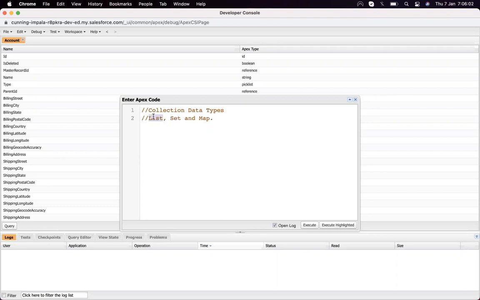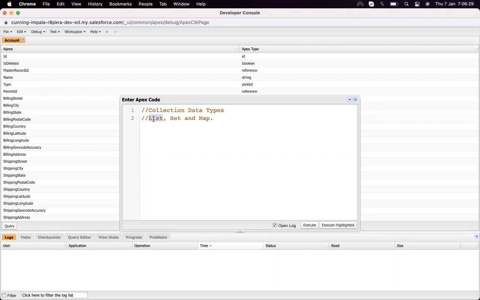Both contain elements of a similar data type. Suppose we declare a list of strings, it will store string values, it is not going to store integers. Whatever values are stored in the list are in an unordered manner, meaning it is not in sorted order.